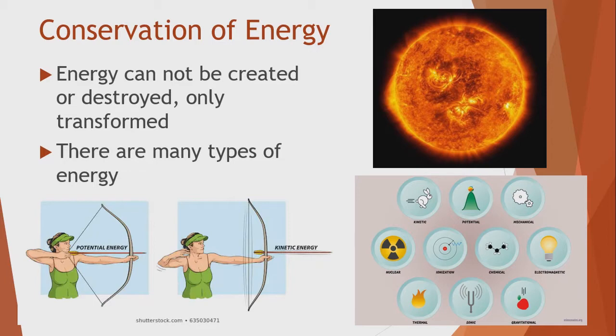And there are many, many different types of energy in the world. If you're just looking at the sun, you're talking about heat and light and also nuclear reactions. So all that is different types of energy. You might have heard of kinetic and potential energy, mechanical, chemical, thermal. All those are different forms of energy, and what they have in common is motion or the ability to make something move. So we say something has potential energy if it has the potential to make something move, even if it's not moving at the moment.